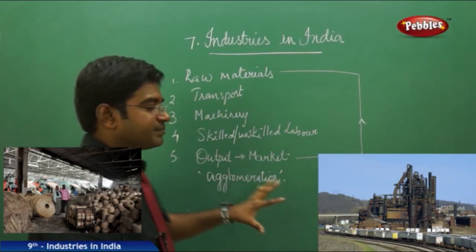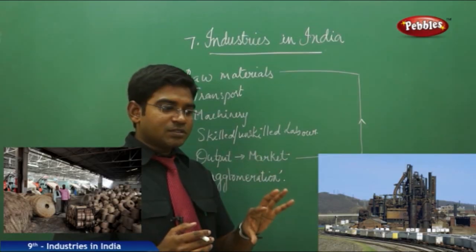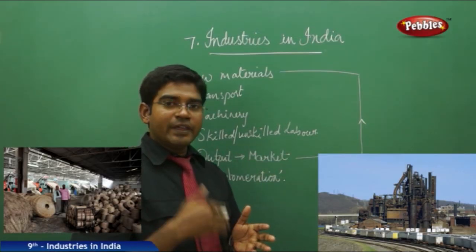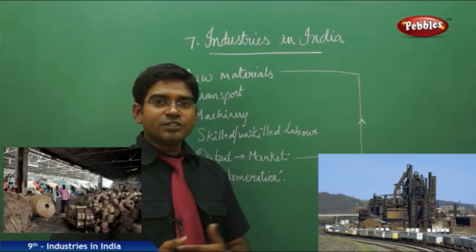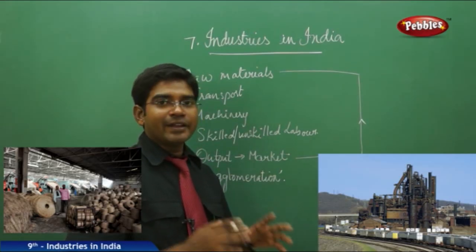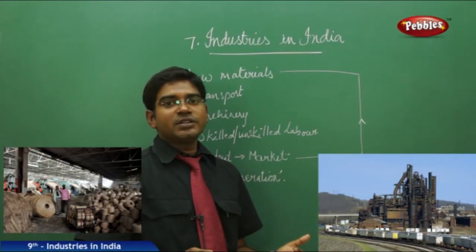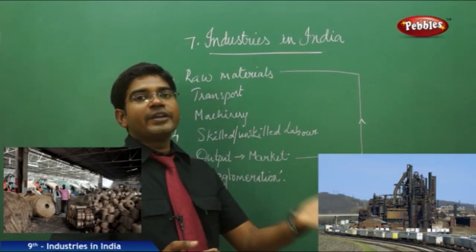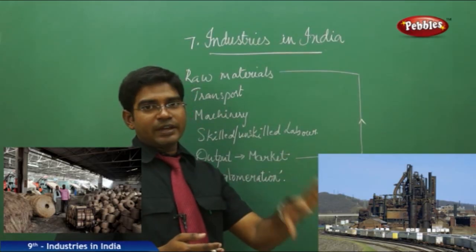Most of these are available in the nearby cities, and cities go hand in hand with industrialization. Industrial development and urbanization go hand in hand, because most people get employment opportunities in the urban areas where industries are located, or people move to urban areas because industries are located there.